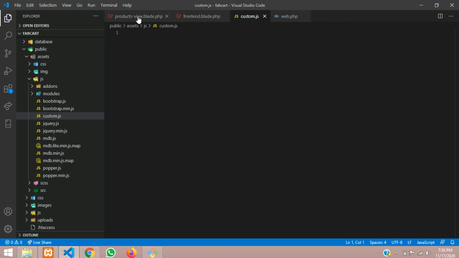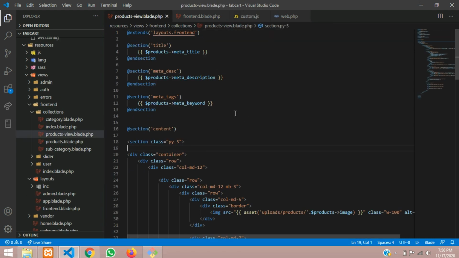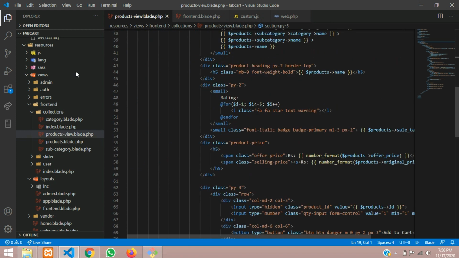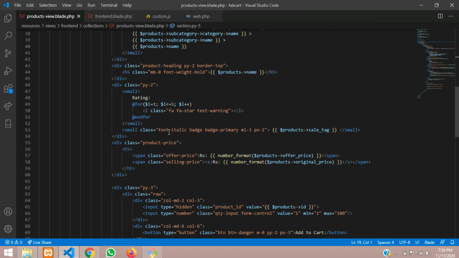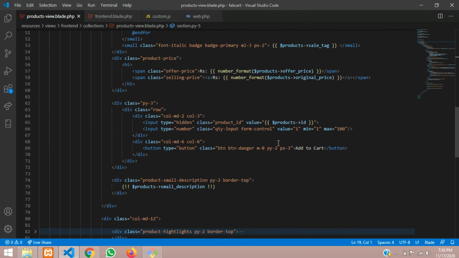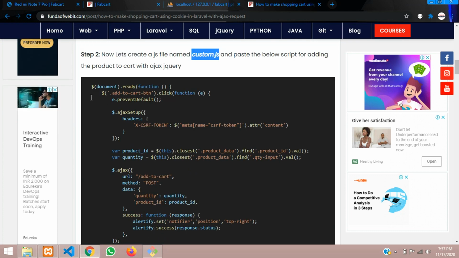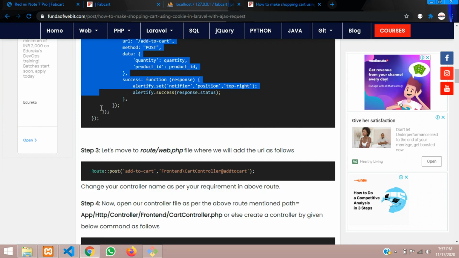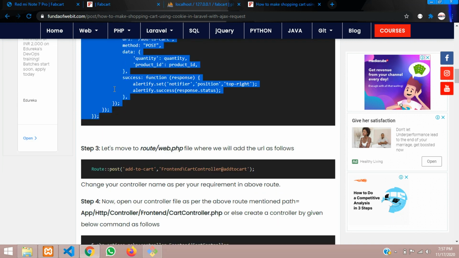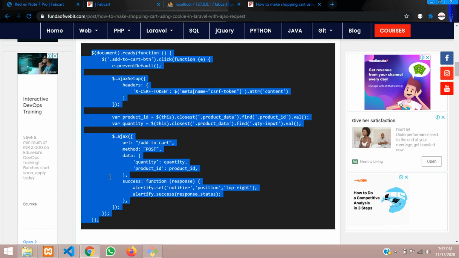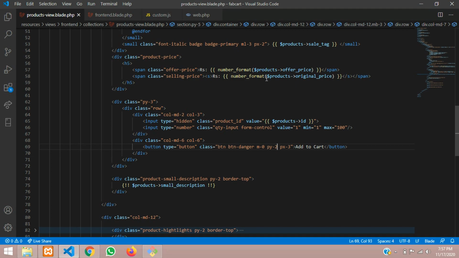So now you can work with these two files. Let's move to the button. Let me minimize this sidebar, and this is my add to cart button. Okay, so now let's go to our step 2 and copy the path for it. Let me copy, right click, copy, and paste that.